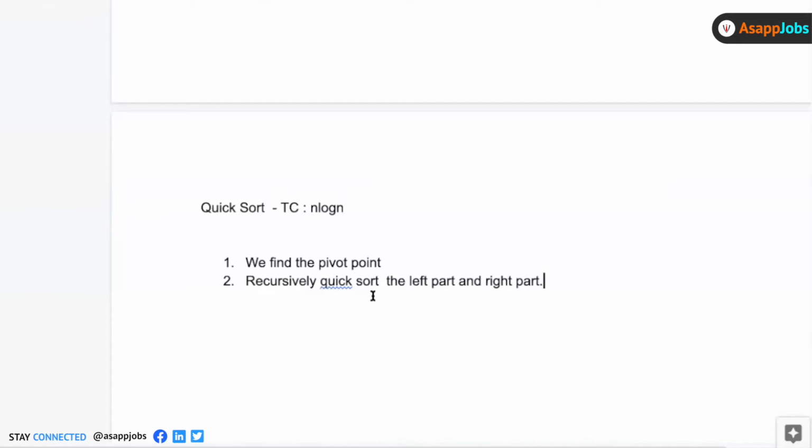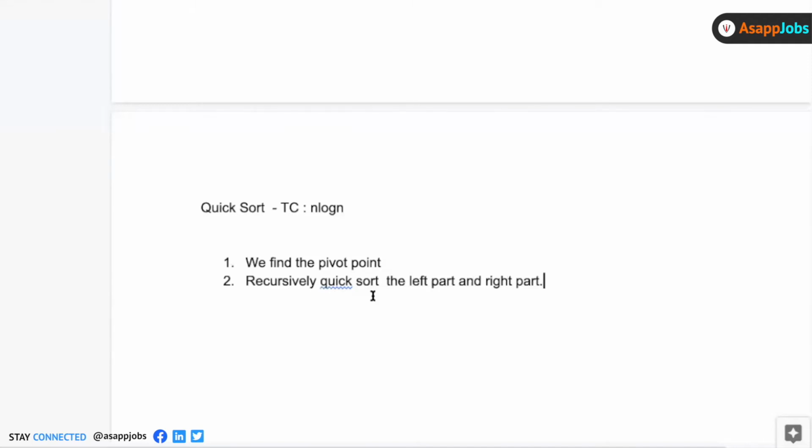People will ask you questions which will be based on finding the pivot point, and you will be using it to solve numerous questions. So please look very seriously at how you find the pivot point. Before finding the pivot point, we should understand what a pivot point is. So a pivot point is a point in an array. To the left of it, everything will be lower than it, and to the right of it, everything will be greater than it. This is the definition of the pivot point.